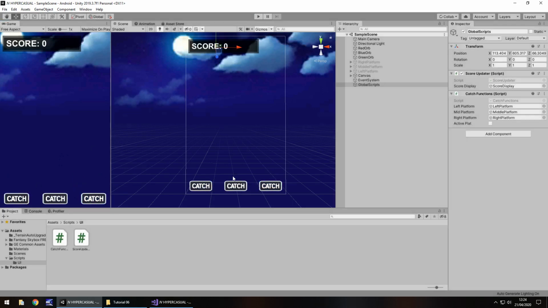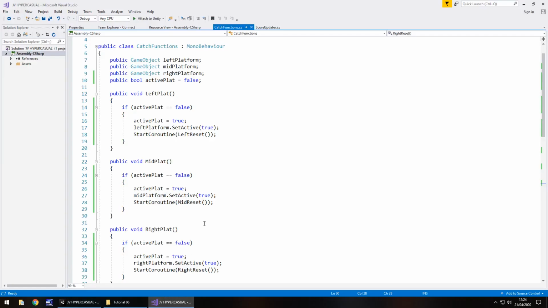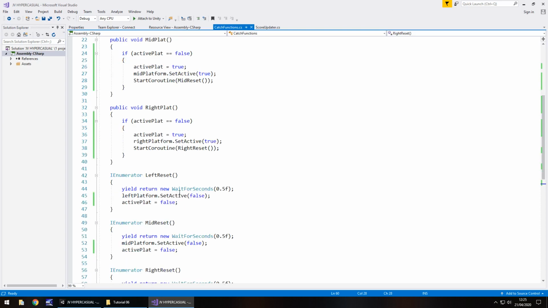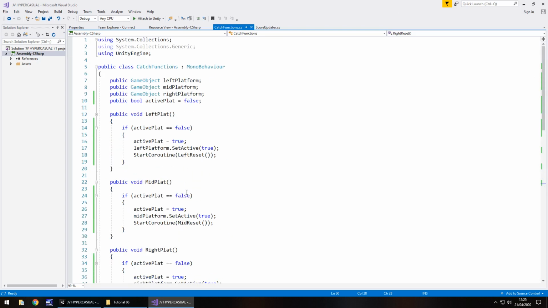Now, I'm quite happy with how they are for now. However, you can advance this even further if you want to. These are the basic mechanics of how this is all going to work. I would advise, if you want to, by all means, playing around with this, seeing what you can come up with, because it's always good to work with code and just play around and see what results you can come up with.